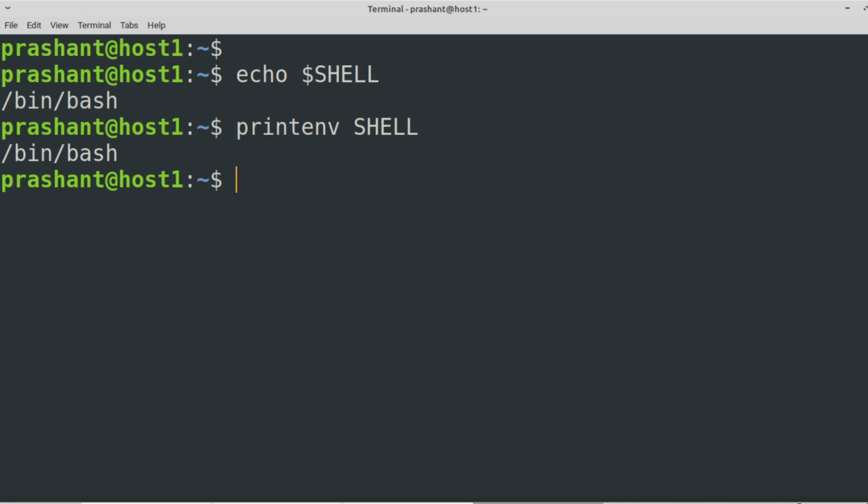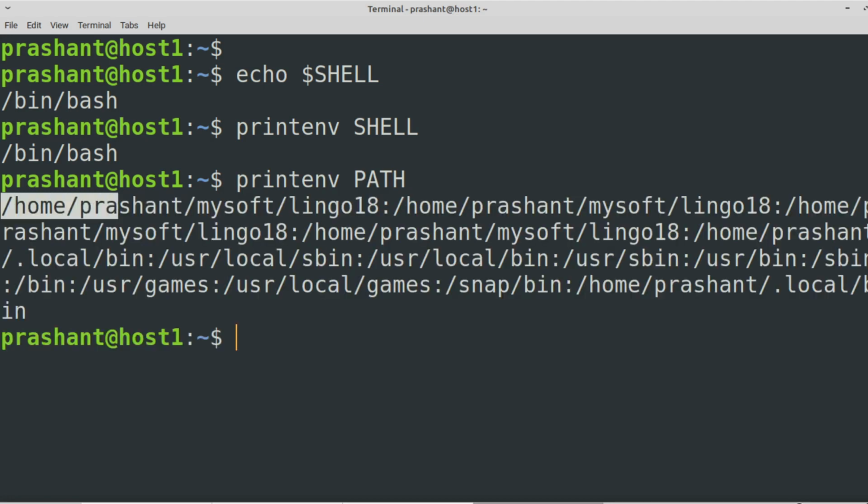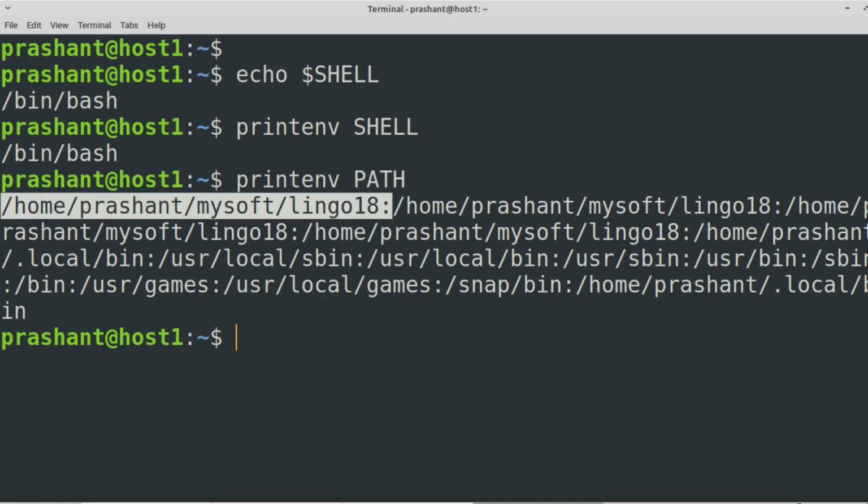Then one more, printenv PATH. This environment variable is also important because it stores the paths of all the different application commands, the locations where the shell actually searches for a command.